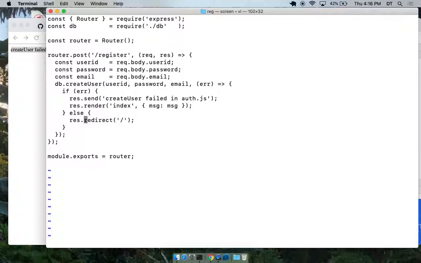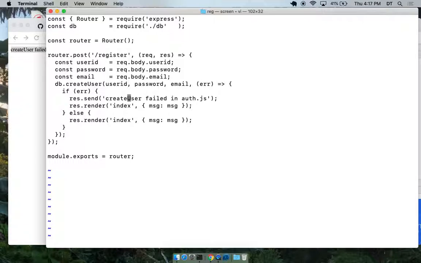Actually, we don't need to do a redirect here. We can also do a render. We can just render. We don't need to do a redirect on that. We'll just render the index page. There we go. The only issue with this is, nah, I'll leave it like this, I guess. That's not a big deal.